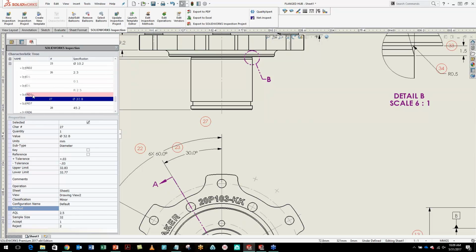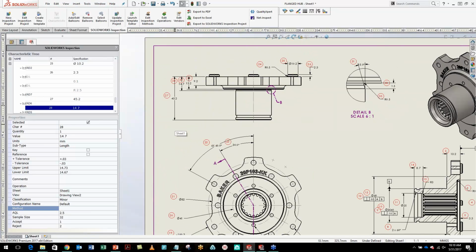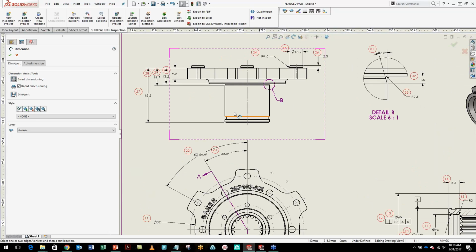So what SOLIDWORKS did is it went through everything and detected any change. When something is deleted, it's going to show in this pink-red color. I can then right-click and say, I want to accept this annotation change. SOLIDWORKS will go through and re-balloon your entire drawing. Now, the idea of this is you're never going to miss a number. You're not going to go from 26 to 28. We'll see 27 has been compensated for. If I wanted to add a dimension in,